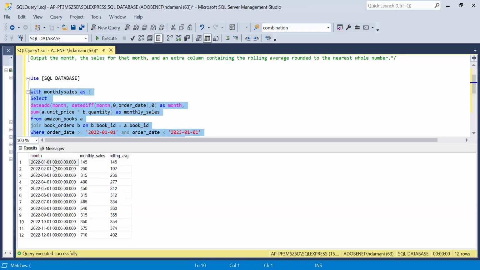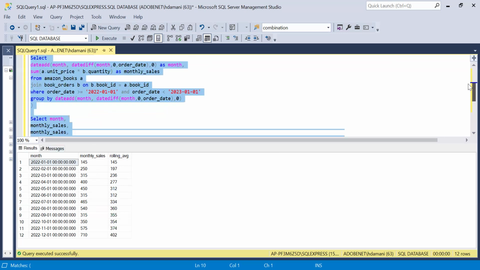As you can see, we have this month and we have monthly sales and the rolling average. Since we don't have anything before the first month, we are getting 145. For the month of Feb, we are getting the average of 145 and 250, which is nothing but 197. Now, since this is not in a proper format,